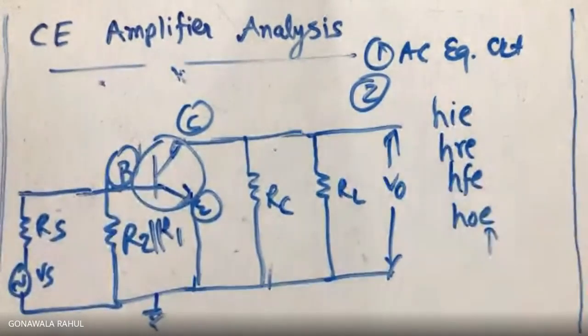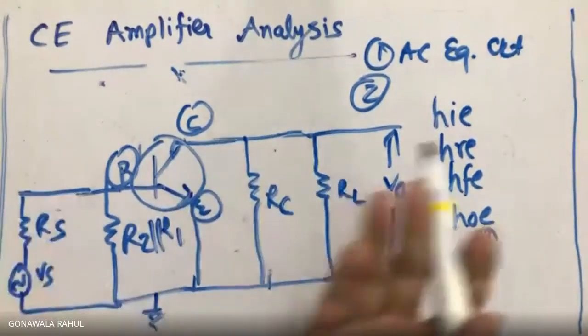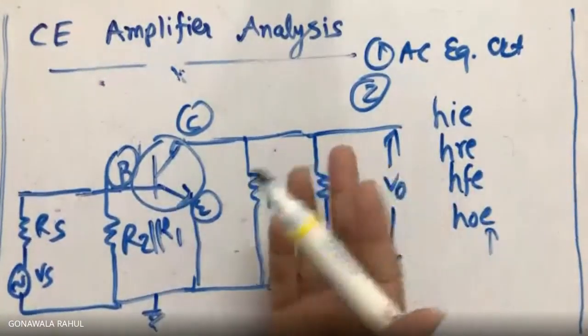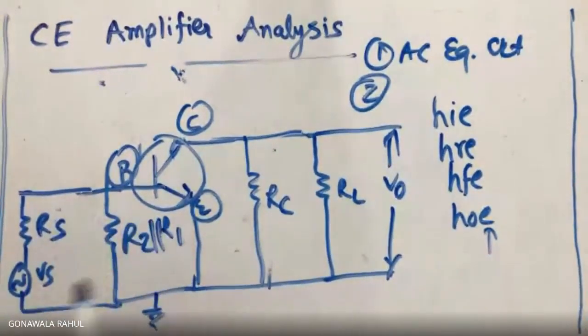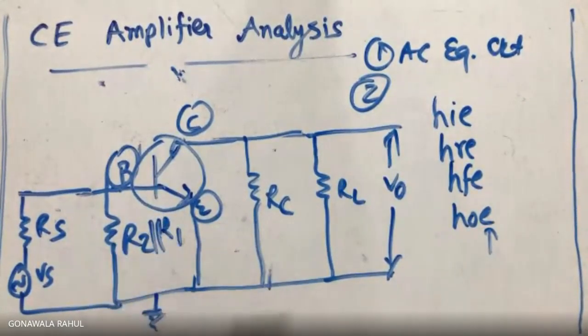This is common emitter, hence the E is added here, which we also discussed yesterday while converting formulas for the parameters of the three transistor configurations. Now our task is to replace this transistor. After completion of step number 2, our result will be a circuit without the transistor. Clear?